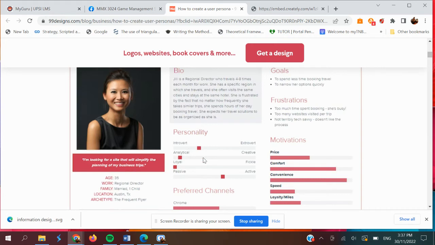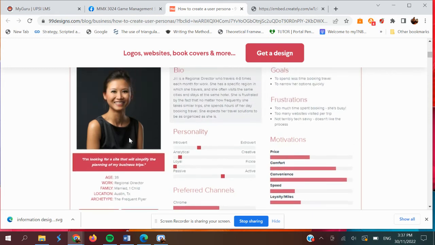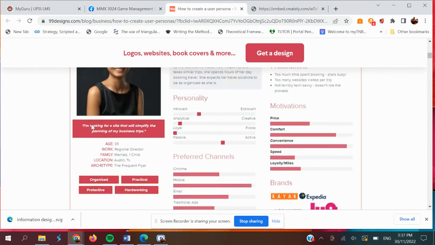You can create her personality here. For example, she is quite introvert, a very analytical person. So in a way for her to be analytical, maybe she likes games that are very tactical, stuff that needs to be analyzed. Then you can put, for example, that she is loyal, passive, active. And in the biography, for example,